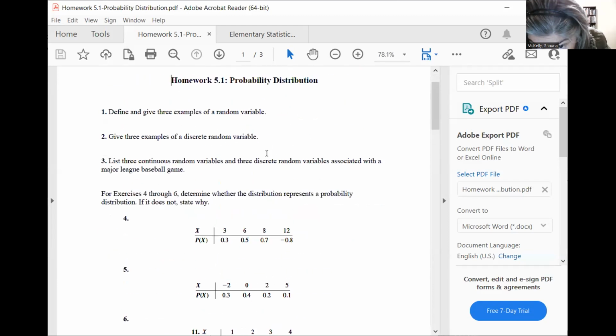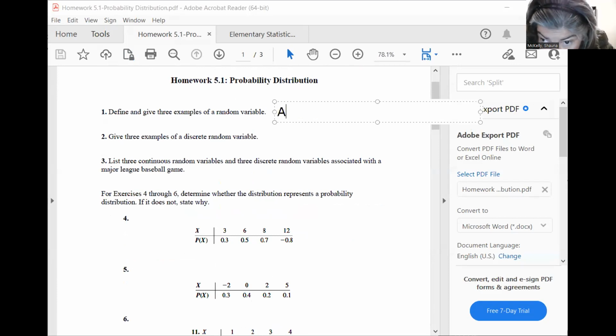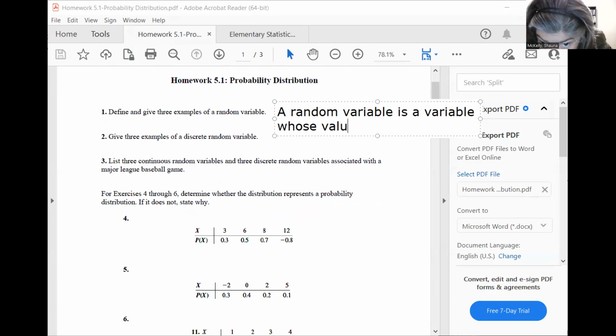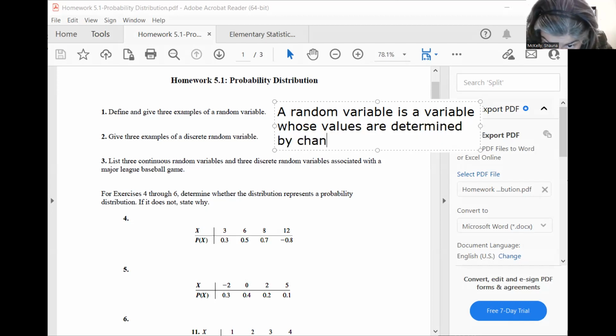We're going to say that a random variable is a variable whose values are determined by chance. Examples of random variables are,